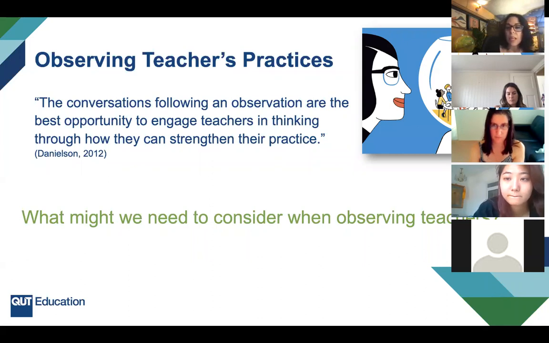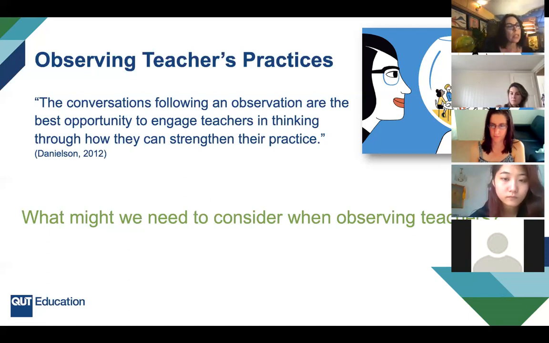So I guess you would be thinking about what you're going to observe. So looking at the environment, it's very, very important that you have a specific focus when you're observing, because if you say, I'm just going to observe everything, it becomes a muddle. It helps if you have a very specific focus. So from Crystal, we've got make note of the teacher's methods and teaching style. That's a very important focus. And Ben says, observe their behavior, methods of teaching, and how they interact with their students. Excellent. Teachers' methods when dealing with students' behavior, all very, very important.